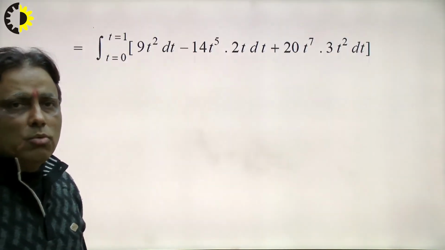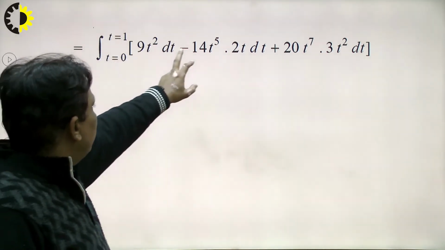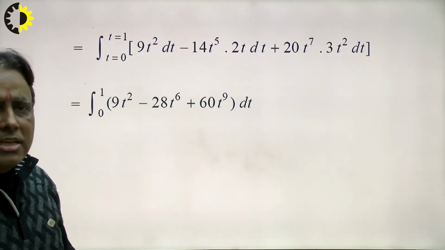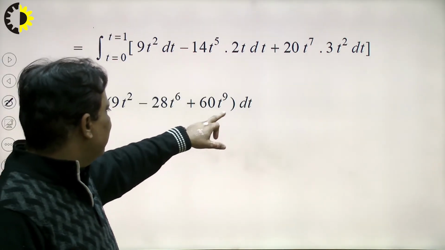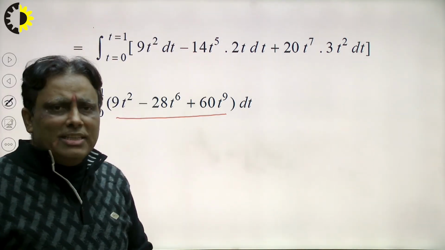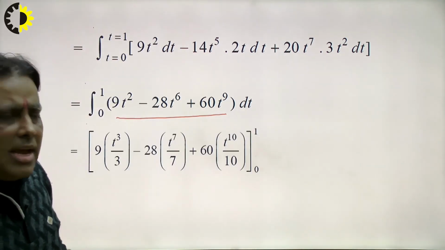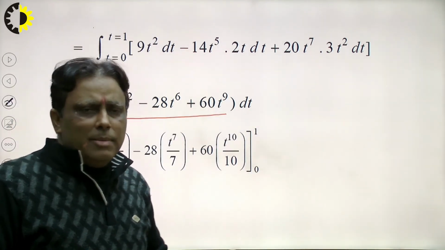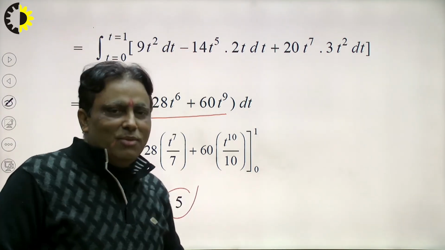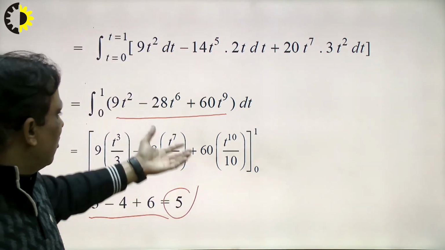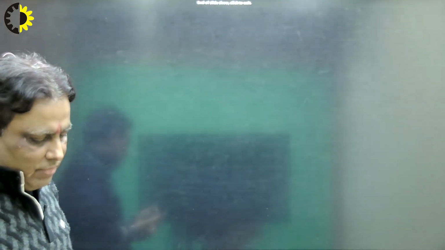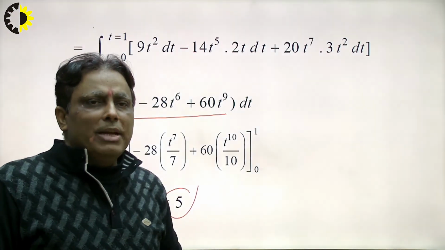So what will be the conclusion? We see that 9t square plus 14t raised to the power 4 plus 2t dt, and we calculate the above with the help of integration. That is the simple integration students studied in the 12th level. The integration of t square is t cube by 3, and t^6 gives t^7 by 7, and t^9 gives t^10 by 10, with upper limit minus lower limit. In this way we can see that the result is very beautiful, that it is only 5, right? And there is a lot of calculation here, but the result is very simple. So in this way we can find out the problem by using the line integral.